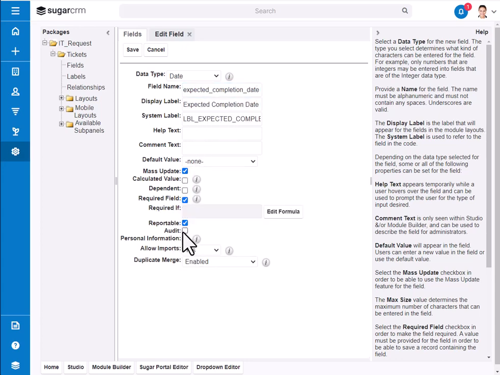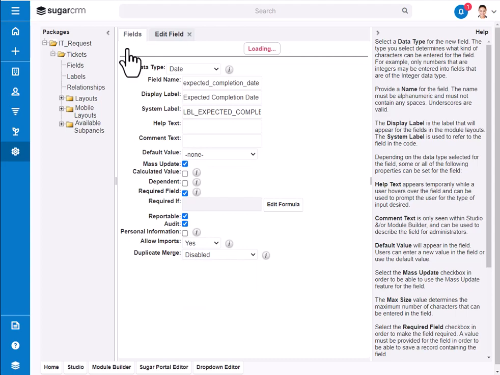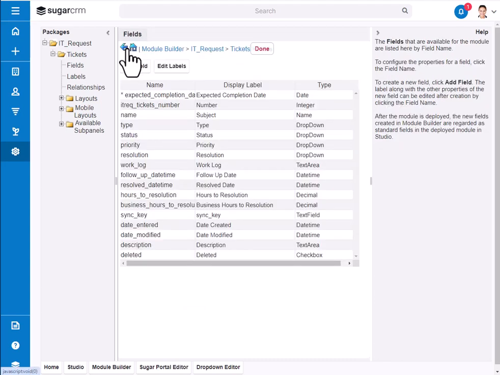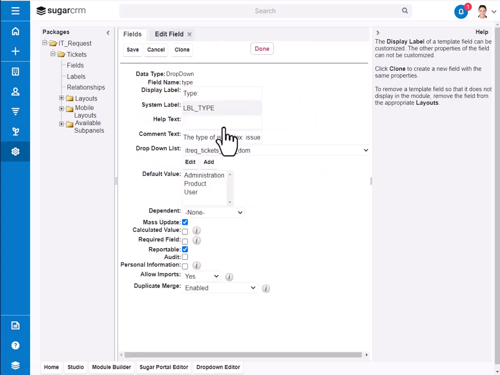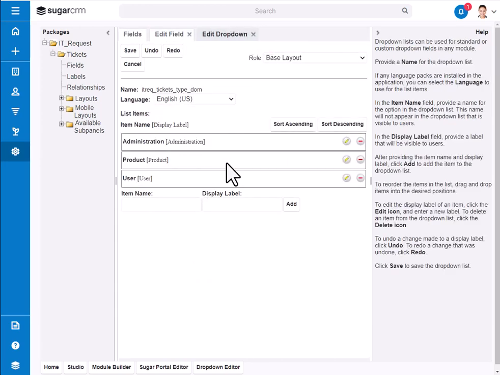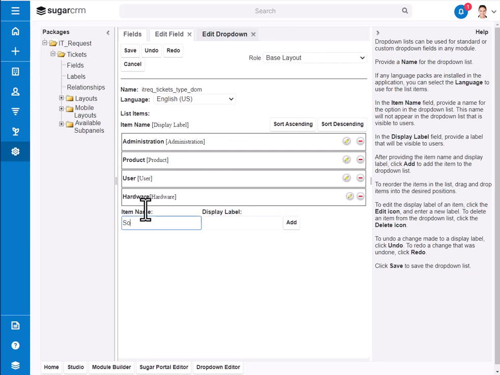We're going to make it required, audited, and not a field that we want to check for duplicate merge. So that's the first field. Then we're going to go into the type field and we're going to add our own type values for this issues log. So we're going to add hardware and software, websites,